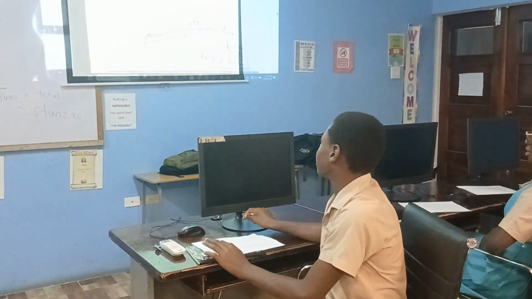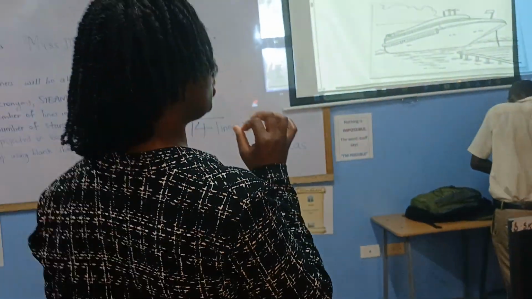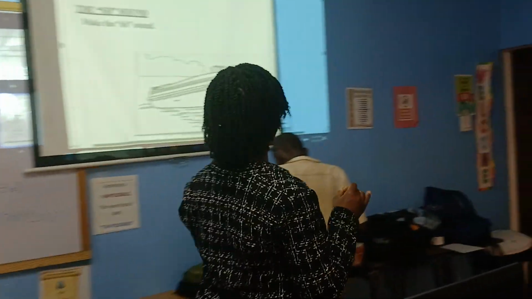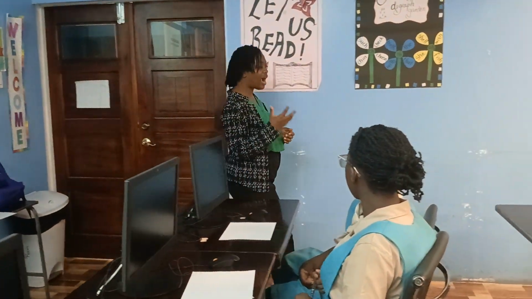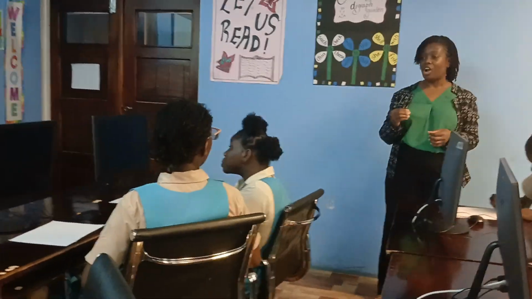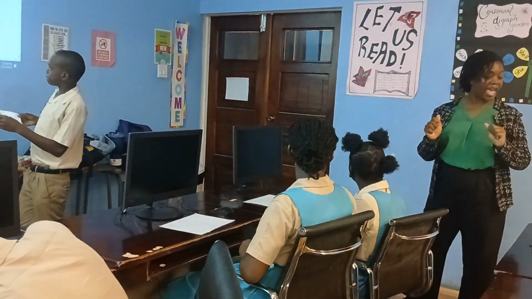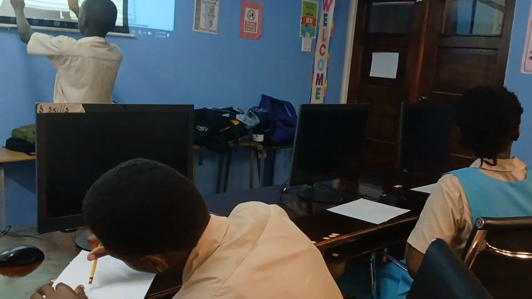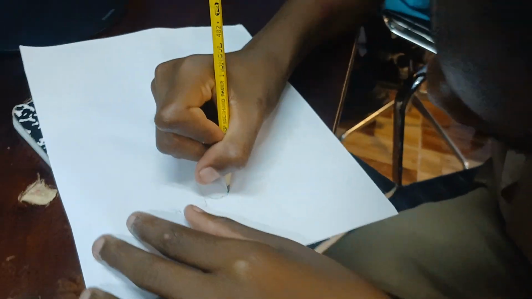Alright, go ahead now and do that little exercise for me. Alright guys, just remember that if you draw the ship, you can incorporate some visual arts by shading it. You can shade it lightly or you can shade it deep. Yes, heavily. Thank you. Alright? So, yes, use the side of your pencil to shade it how you desire.